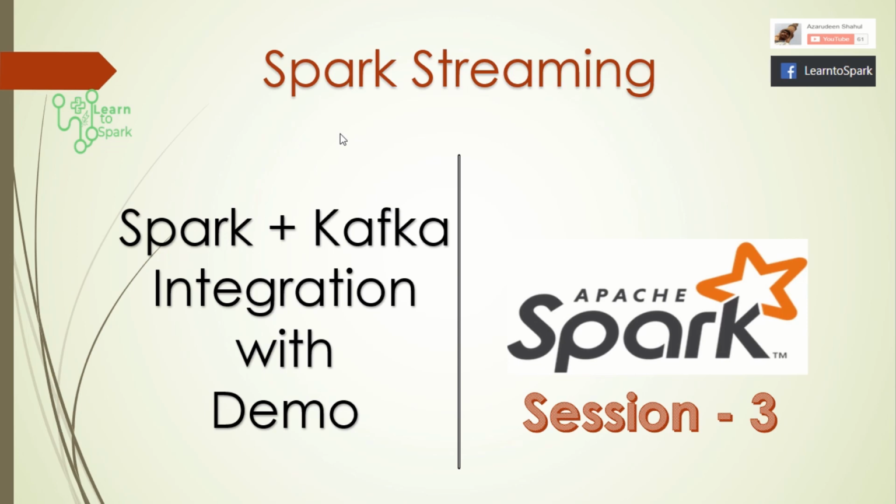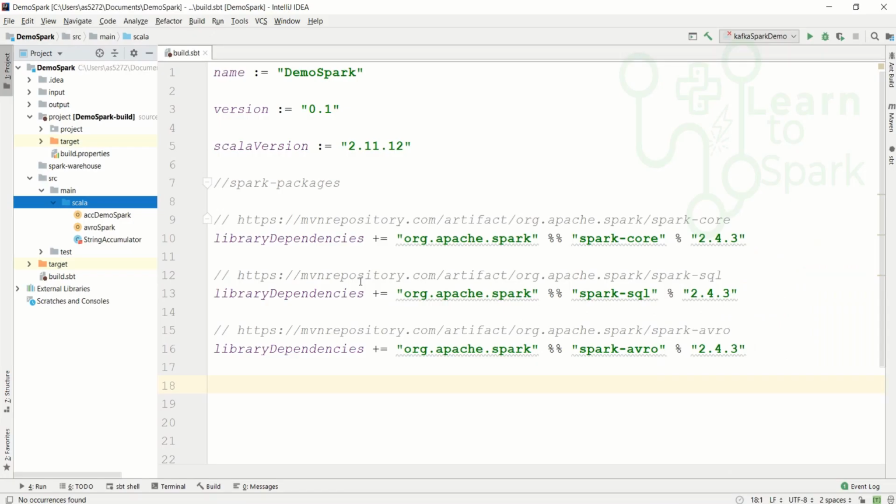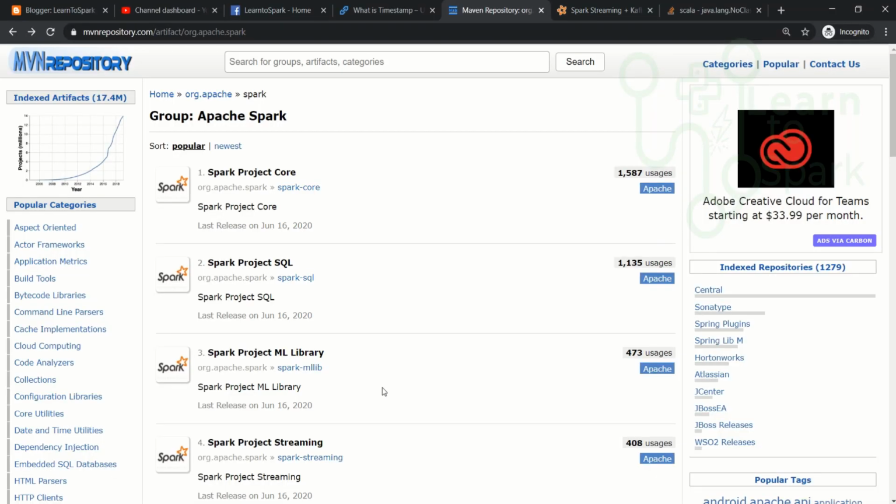I will open my IntelliJ IDE. Our initial setup has been completed. I have included the core, SQL and Avro packages, and now let us check what other packages we need to include. Since it is Spark streaming, I have opened the MVN repositories.